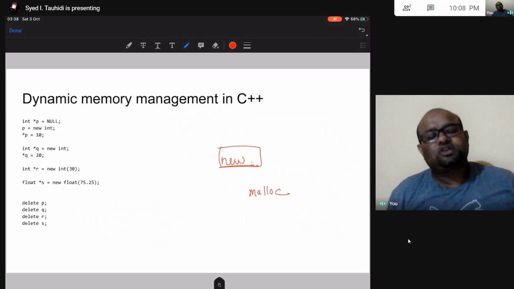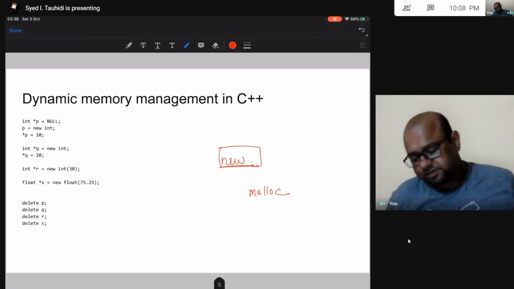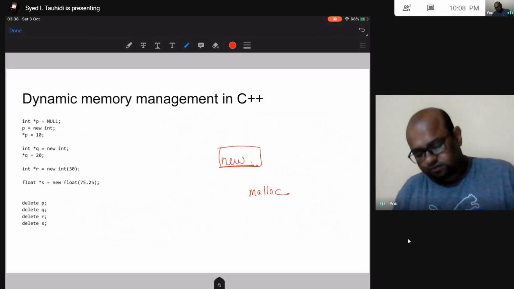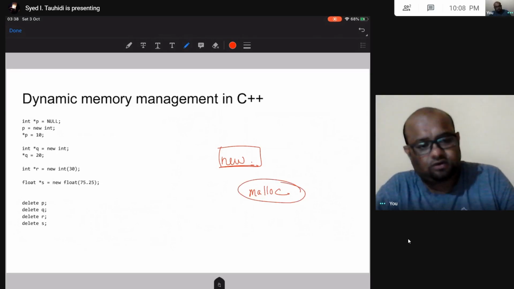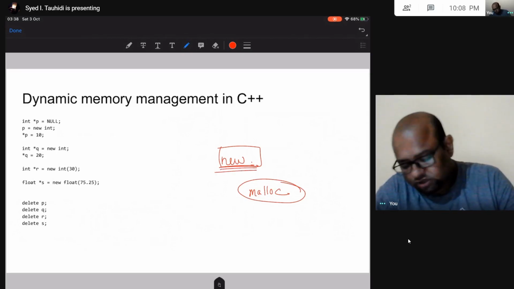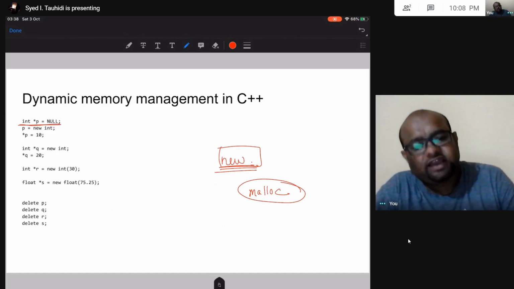But then let us talk about how heap memory is managed in C++, so how dynamic memory management can be done in C++. That is the focus in the rest of this video. So instead of using this function called malloc in C, I am going to use this keyword called new in C++. When I write this, I am creating a null pointer, a pointer that is not pointing anywhere.